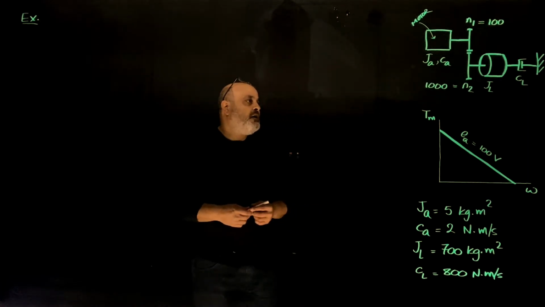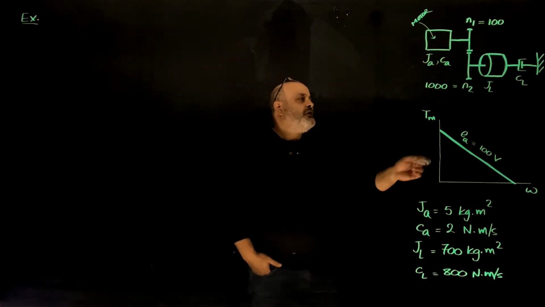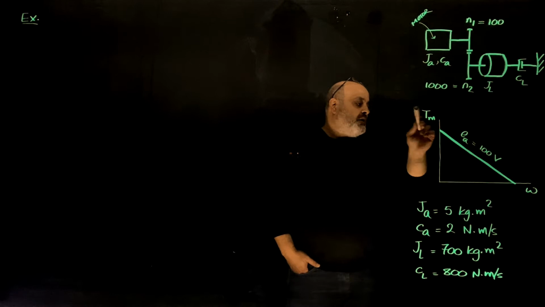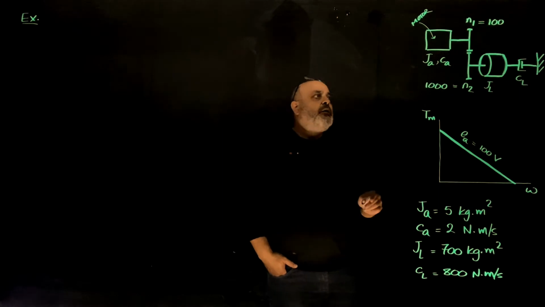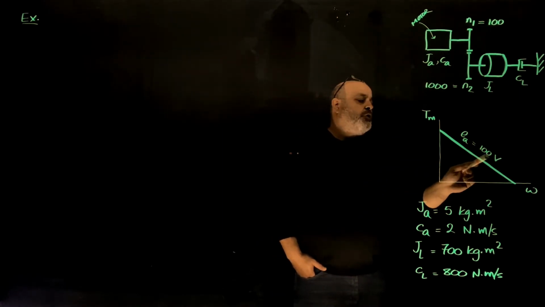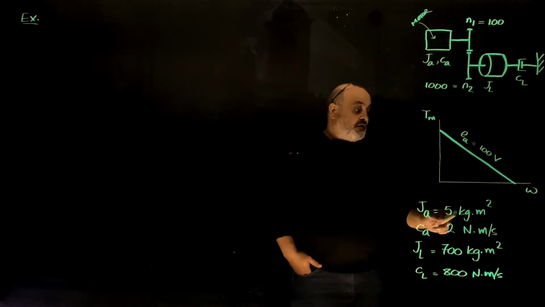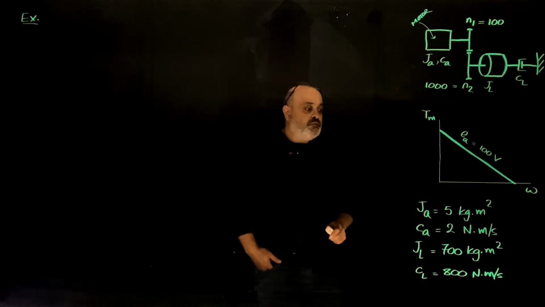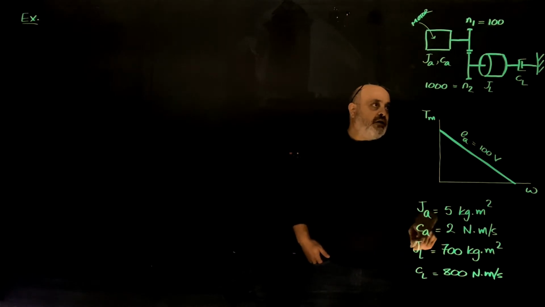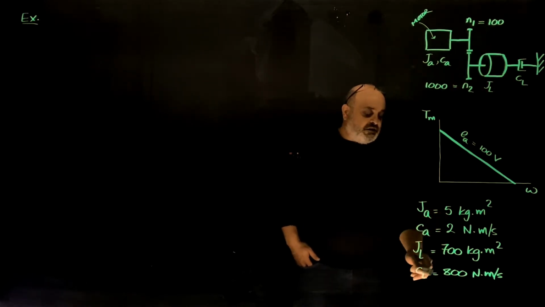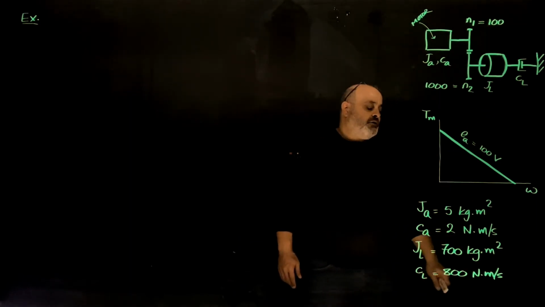Now here we have the test results of a certain DC motor using a dynamometer, and the output of the test is this plot. The applied voltage to the motor was 100 volts. The moment of inertia of the armature of the motor is 5 kilograms times meter squared. The damping in the motor is 2. The mass moment of inertia of the load is 700, and the damping on the load axis is 800 Newton